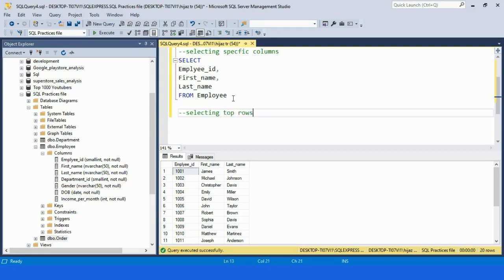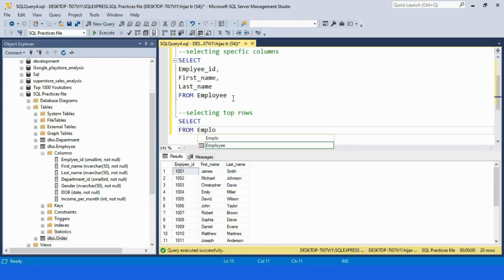So this way we can get the specific columns that we need in our given table. Next, I'm going to discuss selecting the top rows. These top rows can be top 5, top 10, top 20, whatever you want. So I choose the select statement and from our employee table,